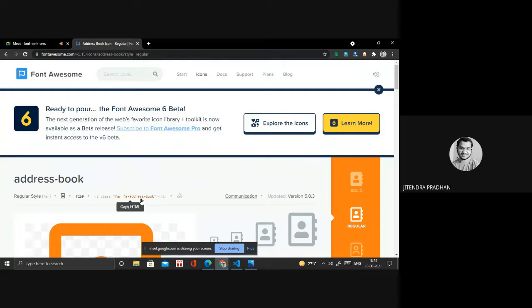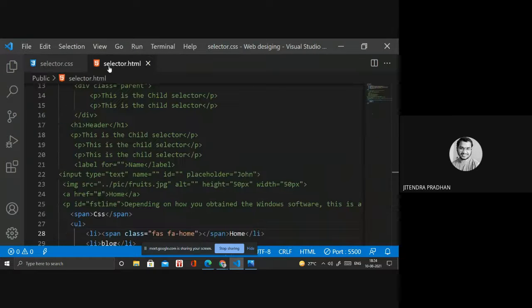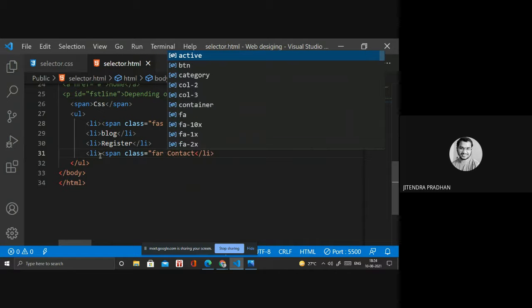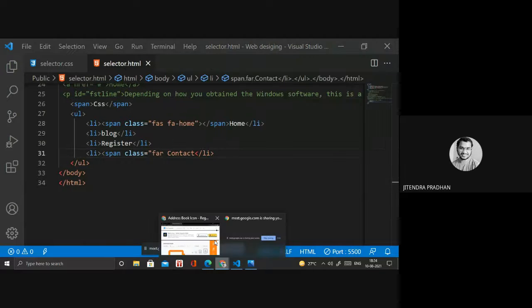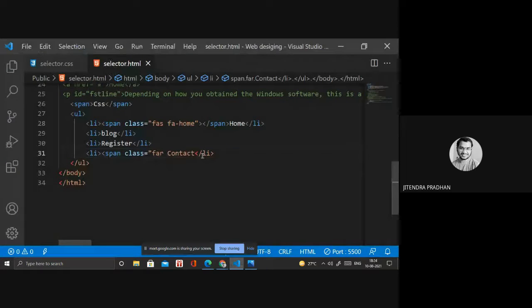It's far fa-address-book. You can also copy that name by clicking on it. I need contacts, it's that one. In the span we need a class, in that it's far fa-address-book.